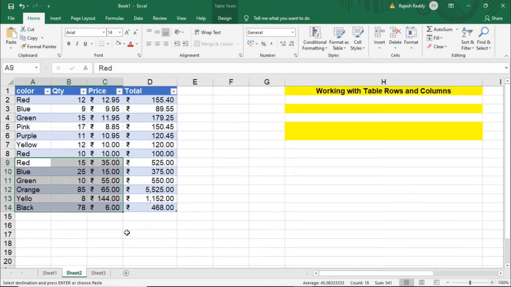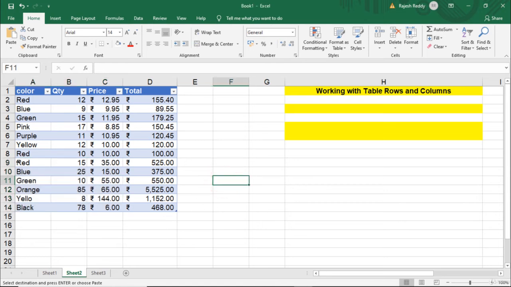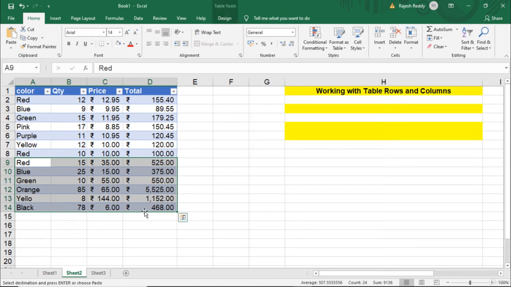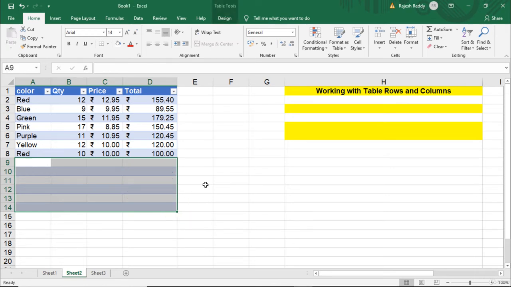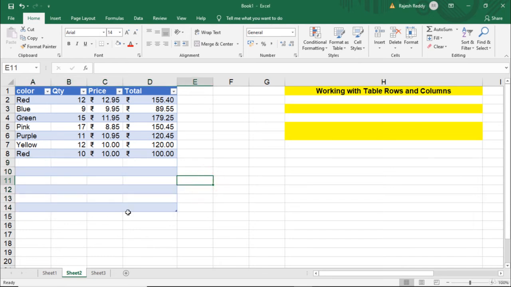in Excel. Okay, if you want to delete these rows, first select them, okay, and delete. See, here it deletes only the data, but it does not delete the table format. In this case we have to drag the mouse over the corner of this table and move the cursor. See, automatically this format gets deleted.